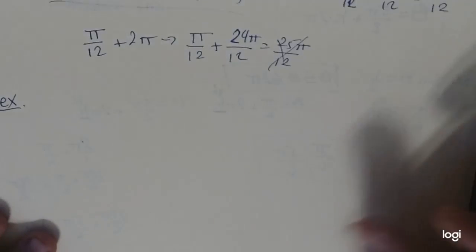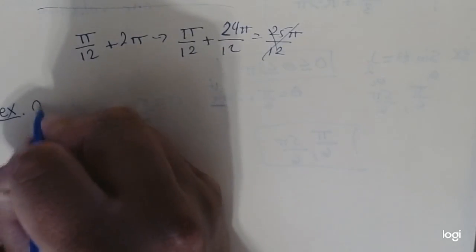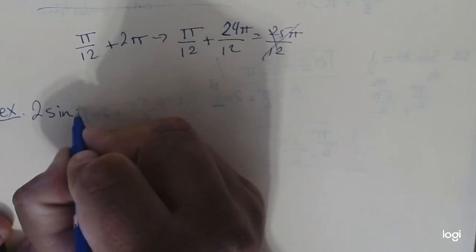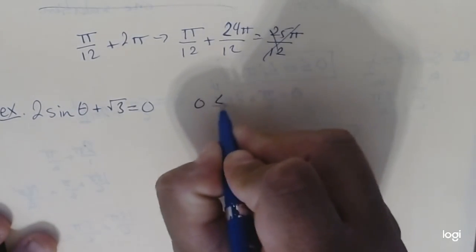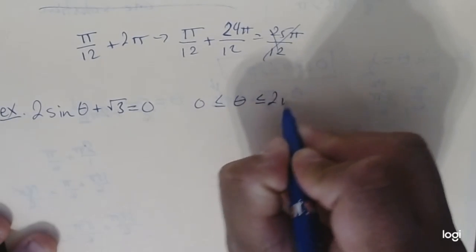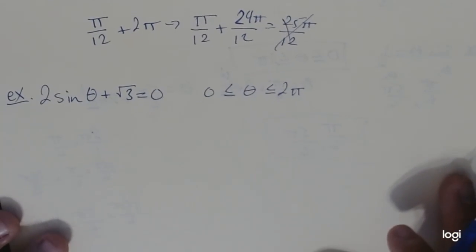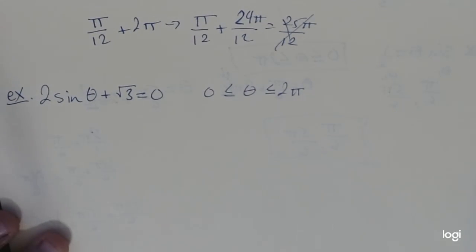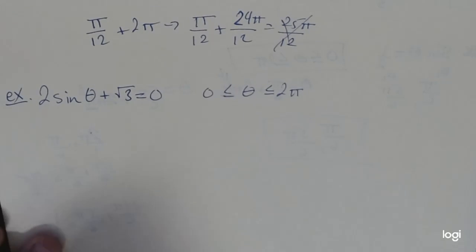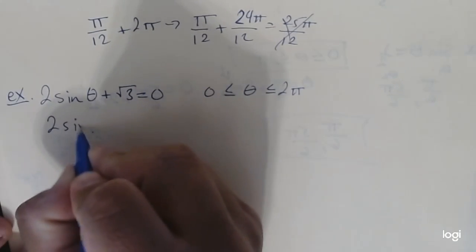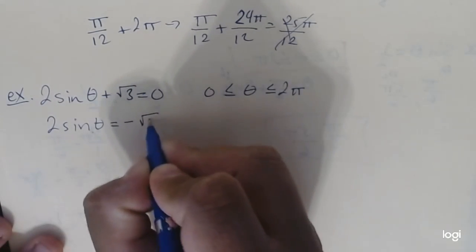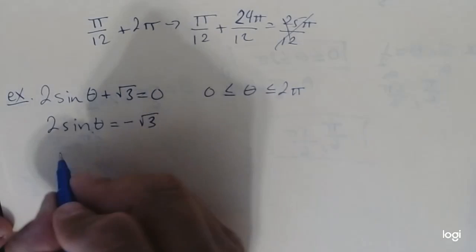So let's do another example. Okay, let's just give you guys different examples you will see accordingly. All right, so for this one, remember, we're going to solve for this, so we're going to subtract this over, and then we're going to divide by 2,